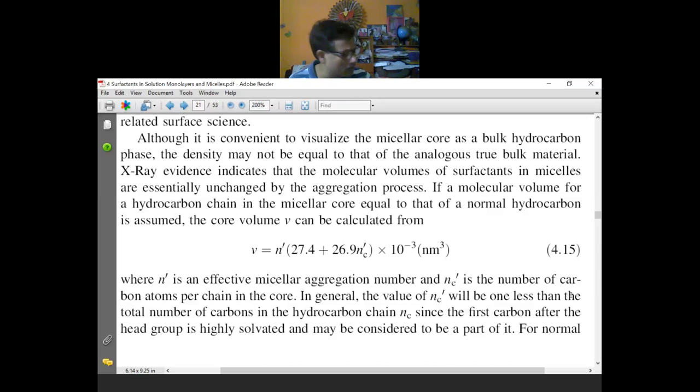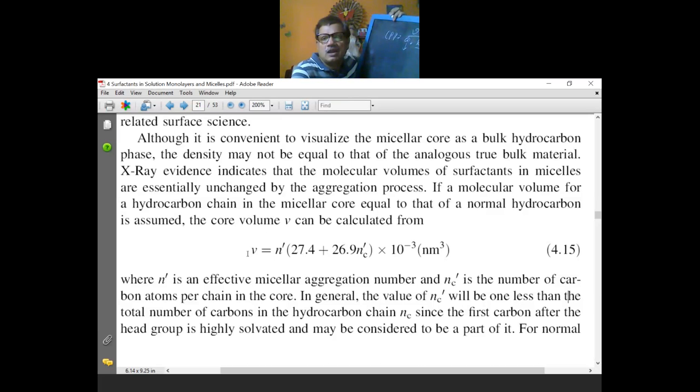The critical packing parameter is equal to V by A0 into LC. How would you then determine the value of LC? You need to know the critical chain length and the cross-sectional area, and you also need to know the value of V. How can this V be calculated? The volume of the hydrocarbon chain